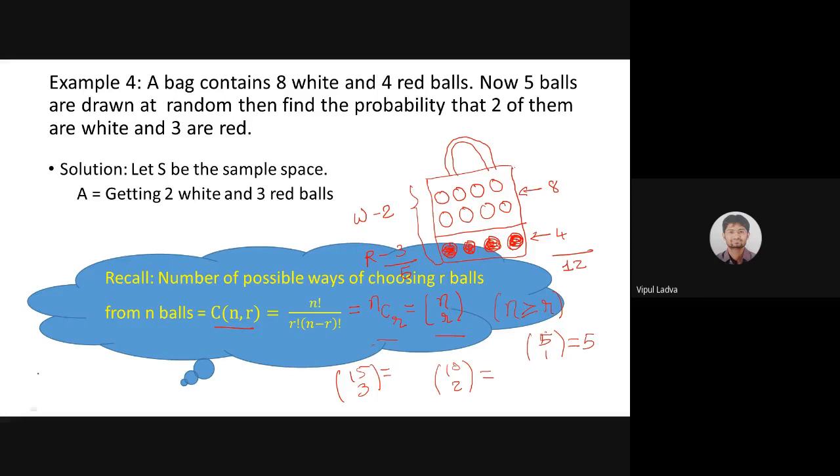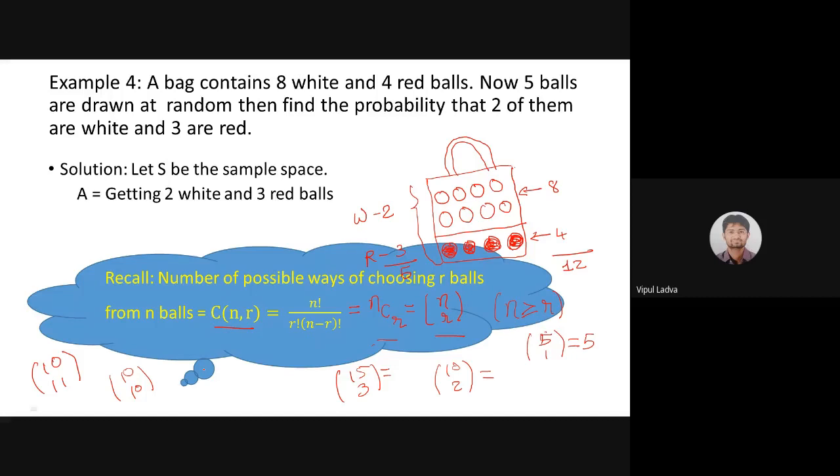It is not possible to find 10C11. 10 items में से आप 11 items choose नहीं कर सकते. So in such a case, if I'm going to compare the value of both, then always n will be greater than or equal to r. r कभी n से बड़ा नहीं हो सकता. ठीक है, ज्यादा से ज्यादा दोनों सेम हो सकते हैं, like 10C10, and 10C10 is always 1. 10 में से 10 आइटम एक ही तरीके से चूज कर सकते हैं.